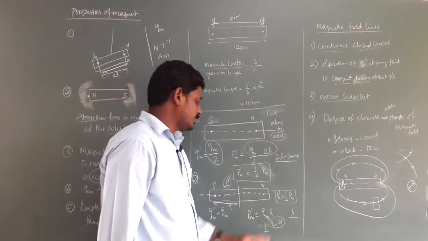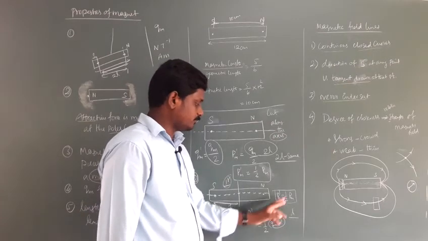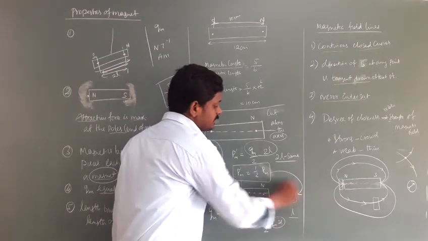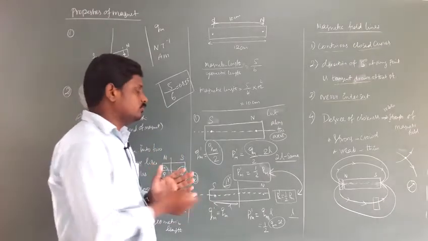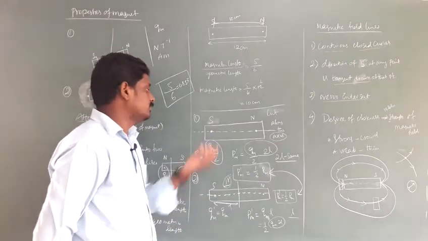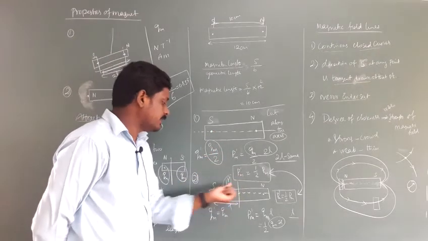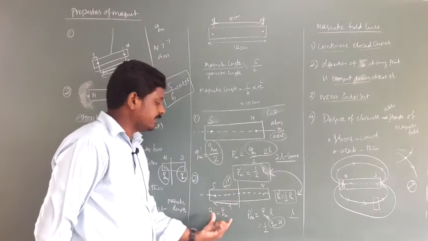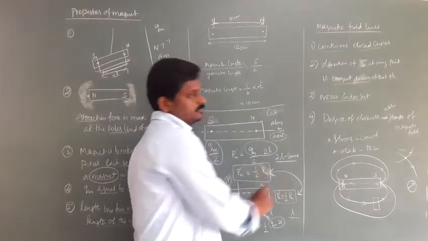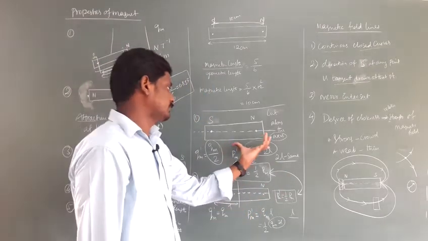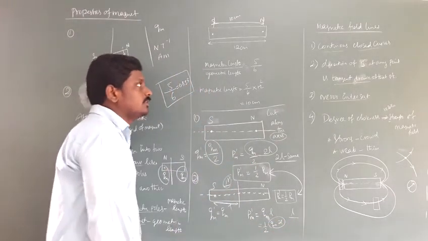So Qm times L, so multiply and divide by 2. So 1 by 2, Qm times 2L is again Pm. So again we will get the same result. So what we have observed: if we cut a magnet into two along the axis, the pole strength divides. If it is cut perpendicular to the axis, the pole strength remains the same, while along the axis the pole strength is divided by 2, but the magnetic moment value remains the same. So the length here is the same, here the length is divided by 2. So just observe all these things.